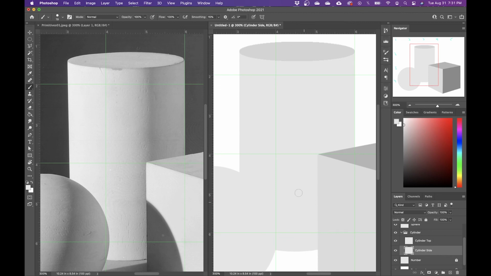Okay, so now before I go in and I start coloring things, I'm going to add the shading to the side here first. And so I'm going to make sure that layer is selected. And then under my lock options, I'm going to hit this first lock. And now, when I get my